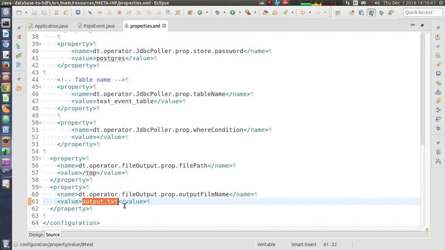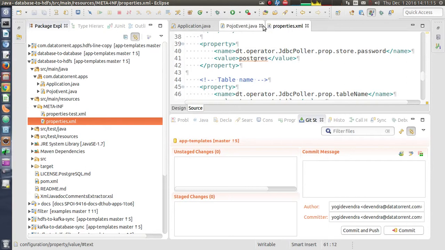Now this file name will get appended by the operator ID corresponding to the partition of the file output operator. So for example, if we have output.txt as the file name, your actual file name on HDFS could look like output.txt underscore 6.0, 6.0 being the operator ID for that operator.